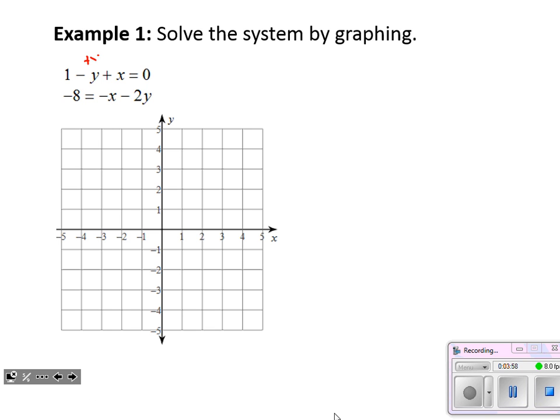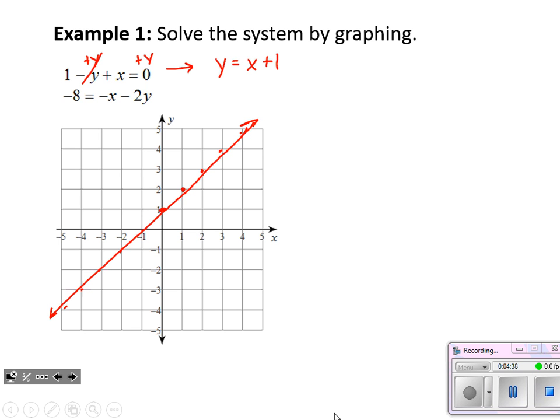For the first equation, I'm going to add y to both sides. That way, I've got y on one side of the equal sign equal to a positive x and a positive 1. So if I were to graph this, I would go up to the y-intercept at positive 1, and my slope, 1 in front of x, tells me rise 1, run 1. And I'll keep that pattern going to plot that line. And if I were working on paper, I would use a straight edge. Want as perfect of a line as possible. What if it intersects at a place where it's not on our grid lines? We want to be sure that we have a perfectly straight graph in order to interpret the results when we're solving graphically.